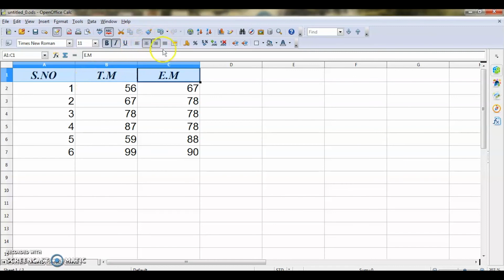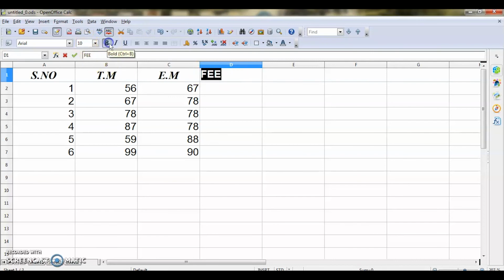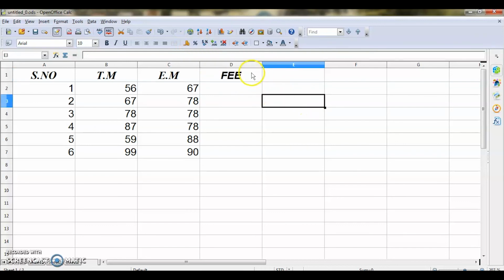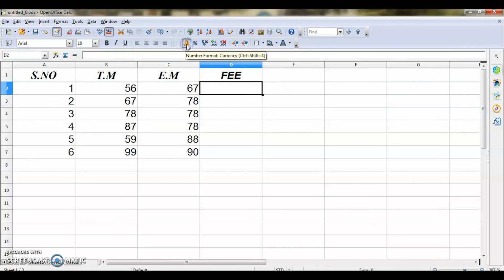So this one is alignment. Okay. Here they have given the number format, right? Suppose I am giving the fee like that. So let me select this cell and give the same thing, bold, center, italic. Okay. Number formats, currency means, so currency I have given, so 500, right?